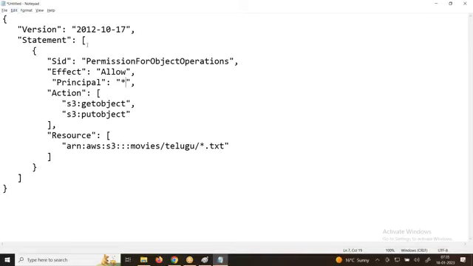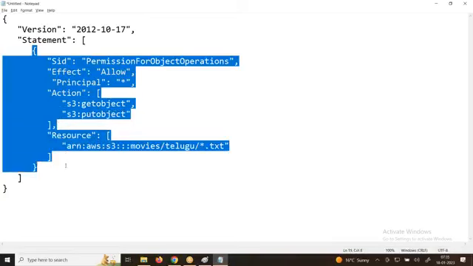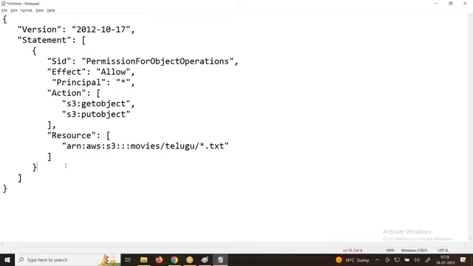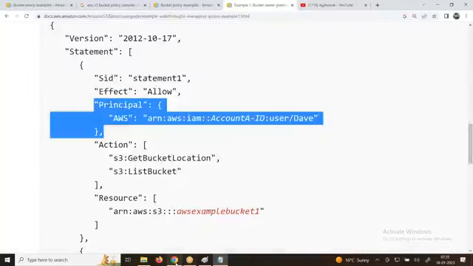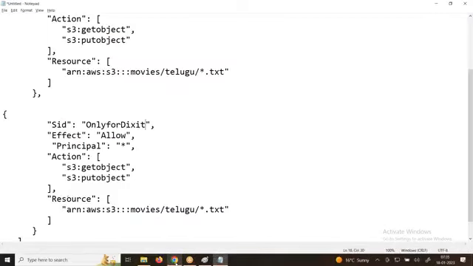What is this? Statement. I can copy this one, comma, and come up with another condition. Let's take an example for Dikshit. Allowing the permissions, principal is equal to only that particular person's name. This is the person name. Now, if you see, I can come up and say,